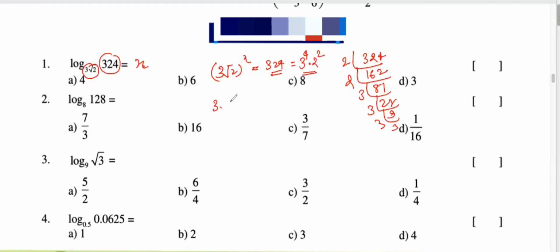At this point, can I write this as 3 root 2 to the power x, and 3 root 2 to the power 4 on the right side? So directly from here, I can say that x is equal to 4. So this is the way